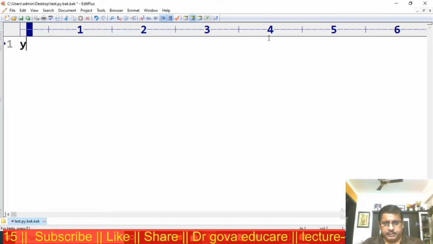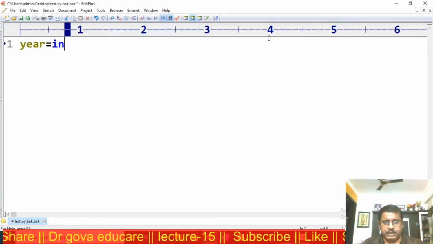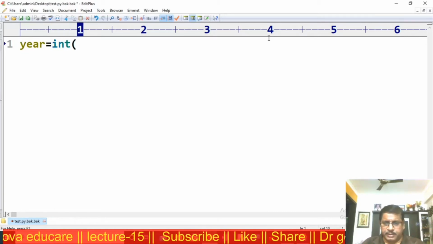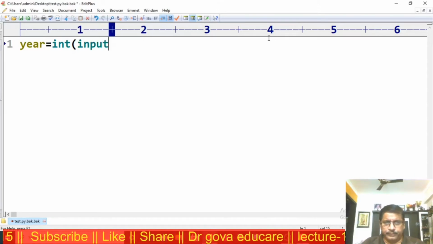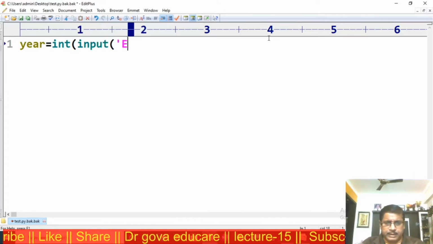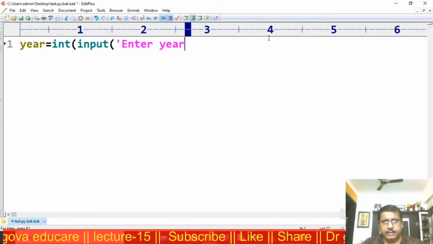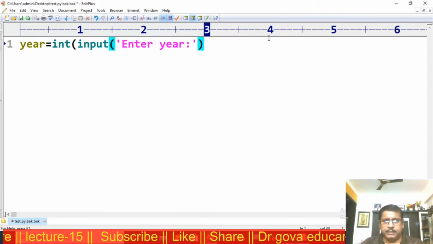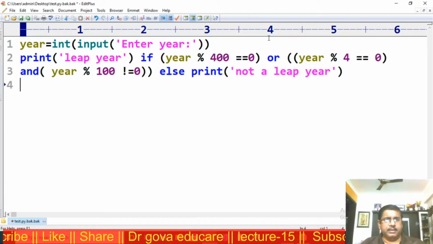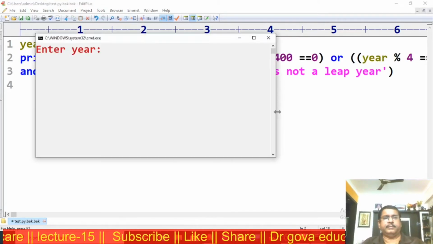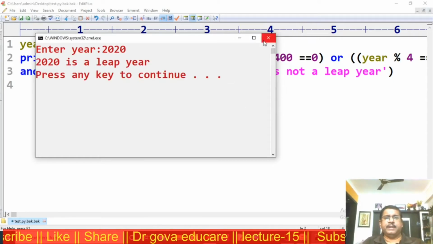Year is equal to, assuming integer data type, int of input, enter year. Now this is the logic. 2020 is a leap year.